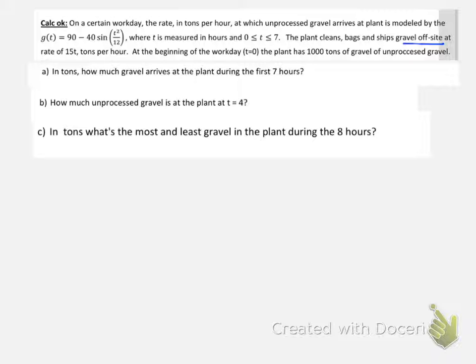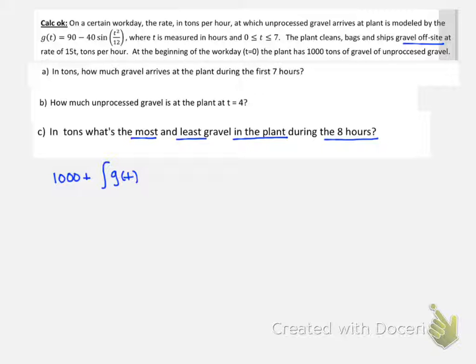In part C of this problem, you're asked for the most and least amount of gravel in the plant during the 8 hours. And so this "in the plant" is critical because that means we're going to have 1,000, because that's what we start with. And then we're going to integrate